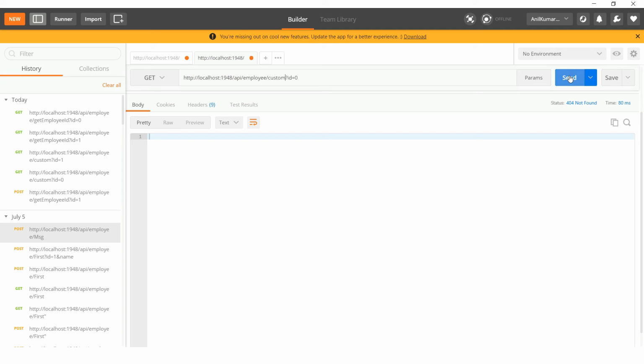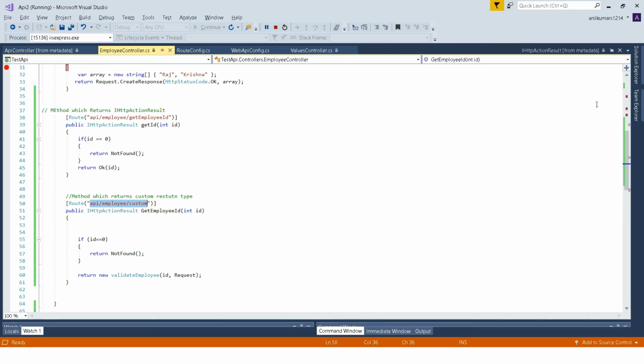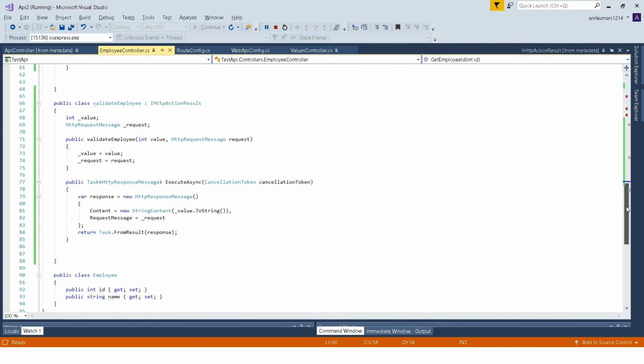See, same NotFound. And if I pass 1, it says Ok. So what are we doing here? The same thing, but with our own implemented class.